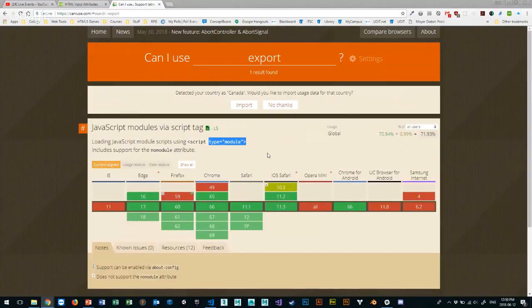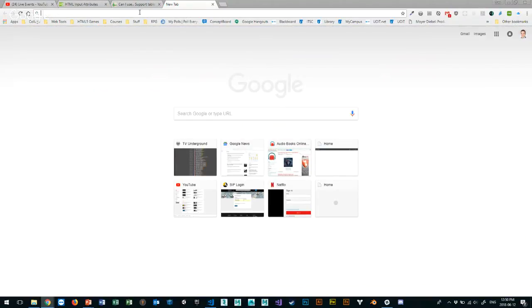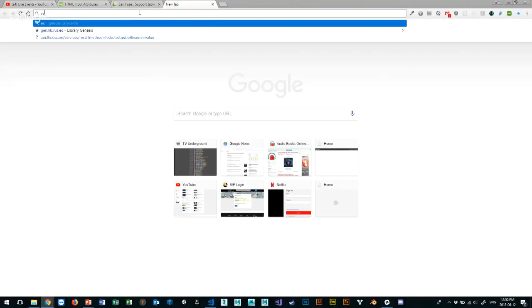And again, I'm bringing this up to you so you understand that there's going to be some stuff that just doesn't work. So on that, with trying to make some newer features work, and we're talking about the latest version of JavaScript, which is ECMAScript 2015, 2016, 2017. They call it different things. But if I type ECMAScript,